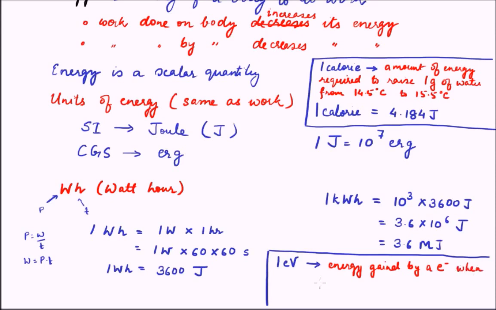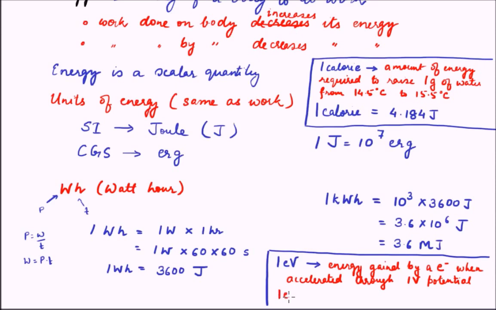When accelerated through 1 volt potential. This is the definition, that 1 electron volt is equivalent to the amount of energy that an electron gains when it is accelerated through 1 volt potential difference. Now what is the SI equivalent of this? The SI equivalent of 1 electron volt can be found out to be